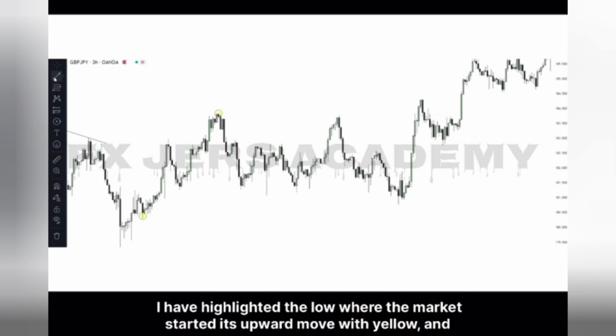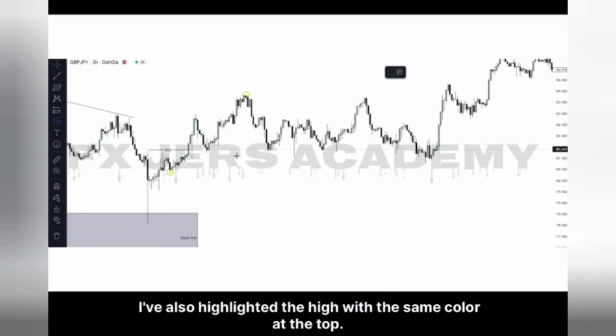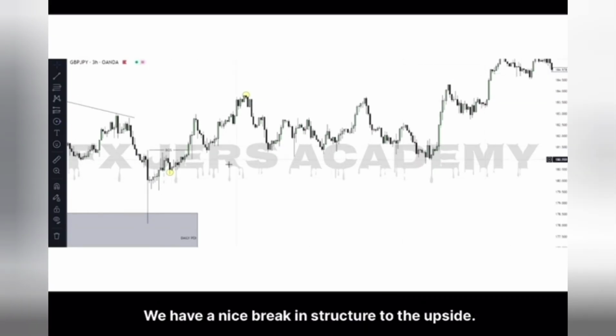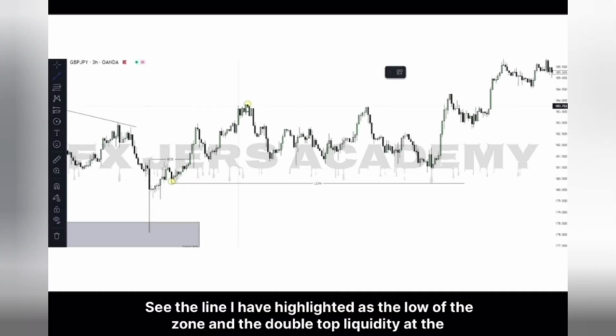I've highlighted the low where the market started its upward move with yellow, and I've also highlighted the high with the same color at the top. We have a nice break in structure to the upside. See the line I have highlighted as the low of the zone and the double top liquidity at the top,